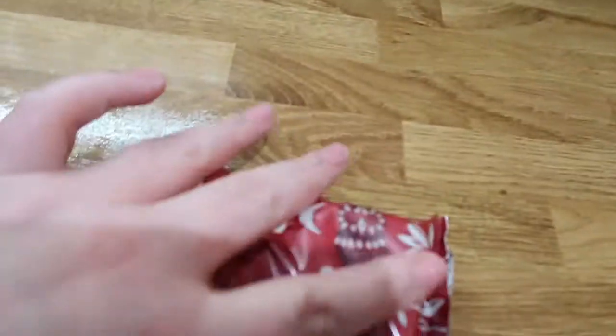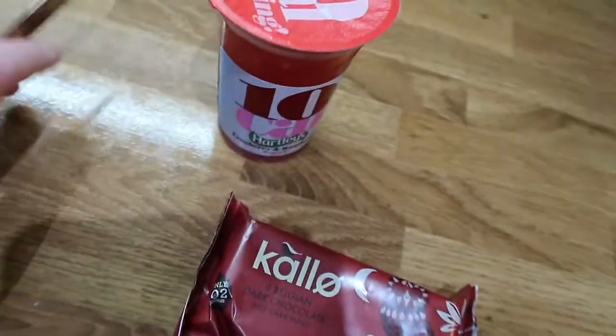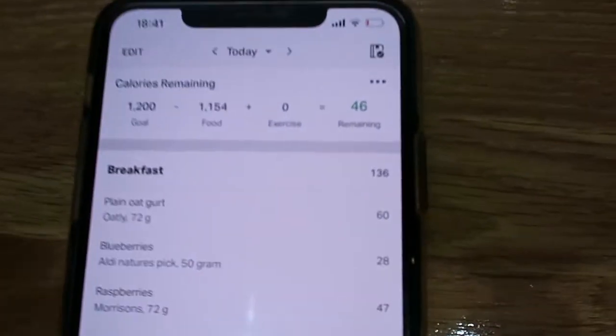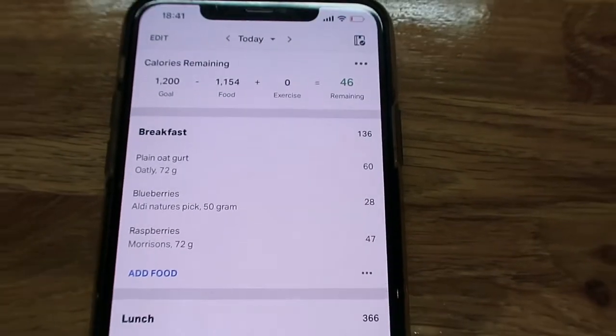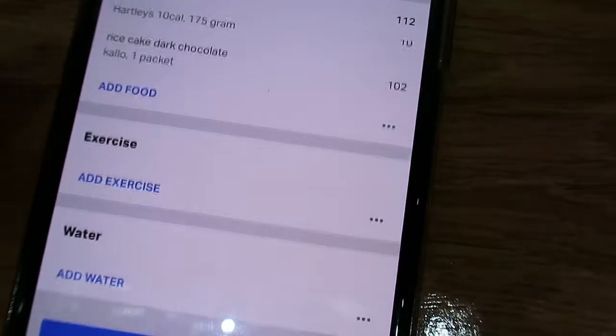So these are them. They are 102 calories per pack. They're really cute, like little mini rice cakes with Belgian dark chocolate on the top. And then also just a 10-calorie jelly. So that takes me to a total of 1,154. So I have 46 calories left over. If I get a little peckish later on before I go to bed, I'll have maybe a piece of fruit or something. But as that's pretty much it, what we can do now is complete the diary,